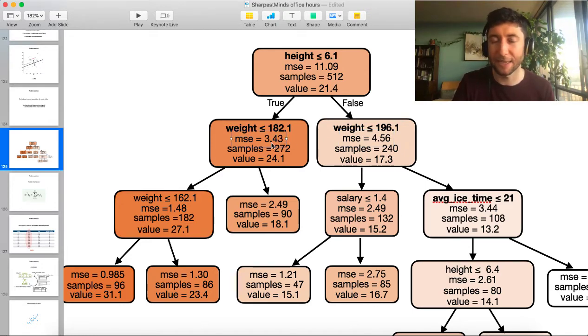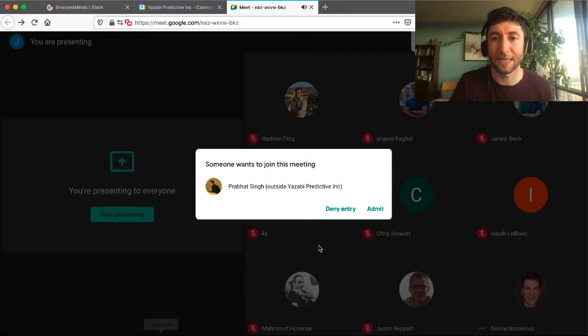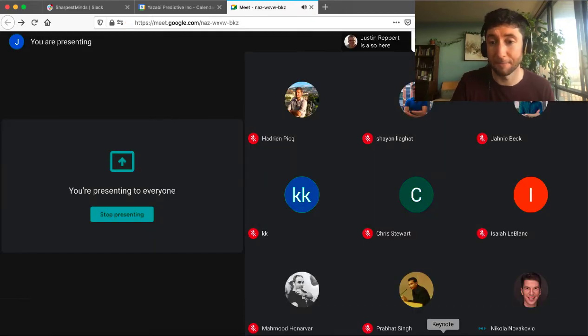So again, we have an MSE in one bucket that tells you how pure this bucket is, or how good the average number of goals scored for players in this bucket is as a prediction for the true number of goals scored by each player in this bucket. And then we have another MSE that does the same thing for the other bucket. How can we combine those two MSEs to give a single number